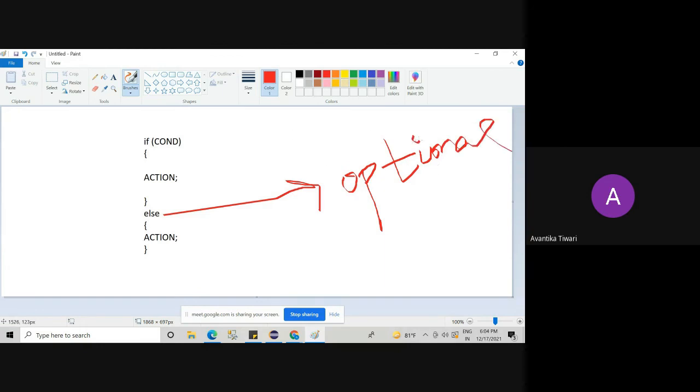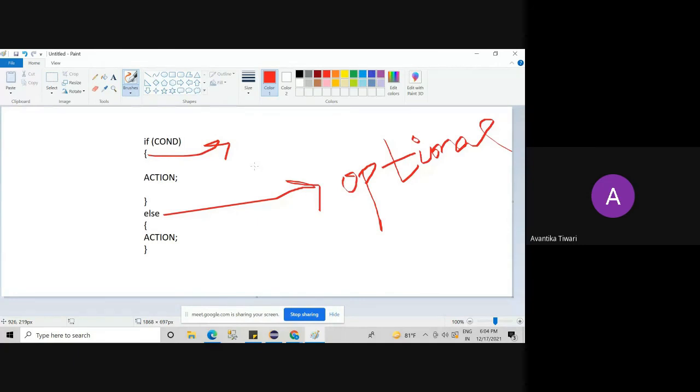Am I clear to everyone? Okay. Now, curly braces. Are these curly braces mandatory or optional? For a single statement, optional.